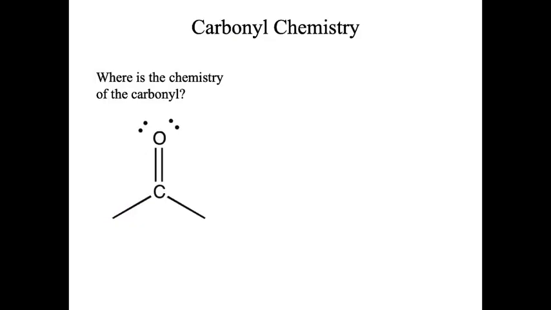So, where's our chemistry in the carbonyl? At the carbon. Why is that carbon reactive? Why is it partially positive? We have that polar pi bond. This is different from our alkene because that pi bond is now going to be drawn towards the oxygen. Why? A large difference in electronegativity. That makes the carbon partially positive, which then makes it an electrophile,